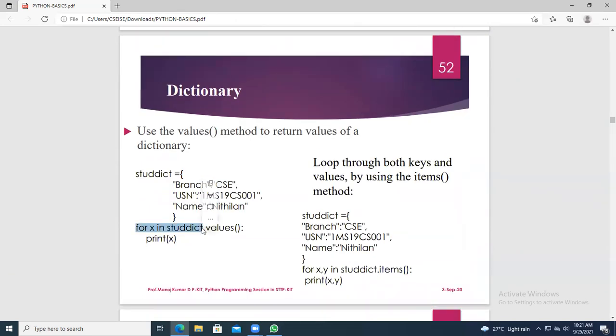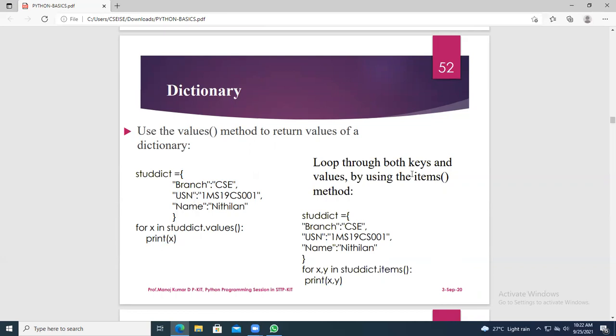For X in static, you are printing static of X, but you can directly use static dot values, print of X. That will print all the values, not the keys. It will print only the values. What are the values you are having? CSC, 1MS, and the name is Nithilan. This is one of the value methods you are going to use to print.